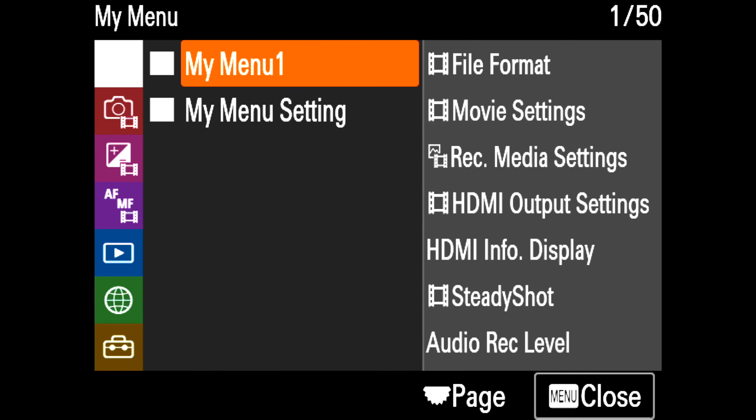Using that My Menu system will save you a ton of work. It'll save you time. It'll save you headaches and everything else. So I highly recommend you guys get the most important things that you need out of the A7S III and put them right there in that My Menu system and start to use that My Menu,